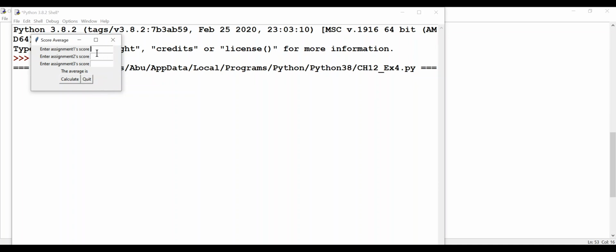So now I will do a few things. Score average, this is the title. This is the first label, the first entry, the second label, the second entry, the third label, the third entry, and the average. We are supposed to calculate the average here and quit. Now let's do it. 80, then 90, then 100. So we know that the average here will be,